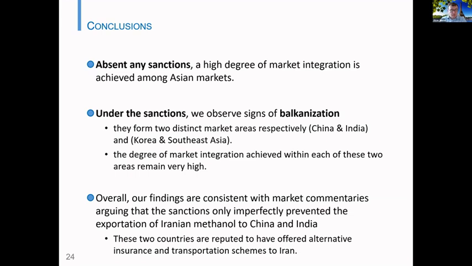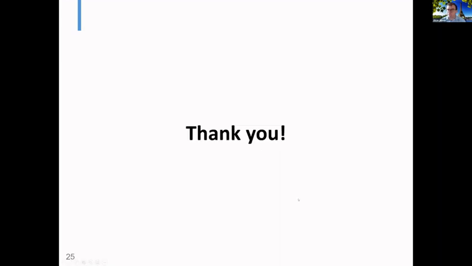Here is what I wanted to bring to the table, by attracting the attention of our community to the need to look at what is happening when we have sanctions. It's something that may need to be further investigated, because sanctions play a very large role in the energy markets, and it's quite surprising that it is not so much investigated in the academic literature on the energy industries. Thank you so much for your attention, and this was my talk today. Thank you.